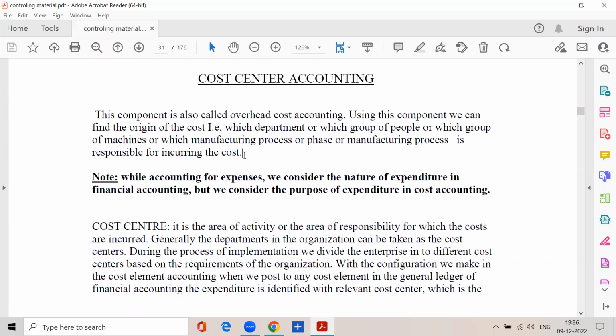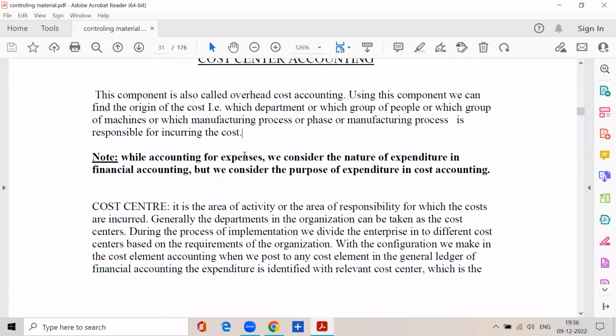So using the cost center accounting, we can find out the origin of the cost so that the management can analyze the expenditure, whether it is possible to reduce it or to control it or not. So that is the purpose of the cost center accounting. Here, before proceeding for the cost center accounting,